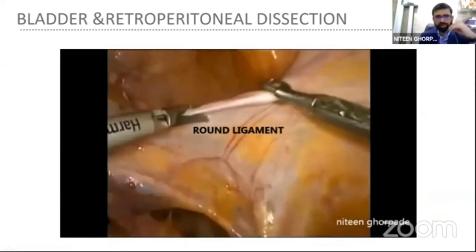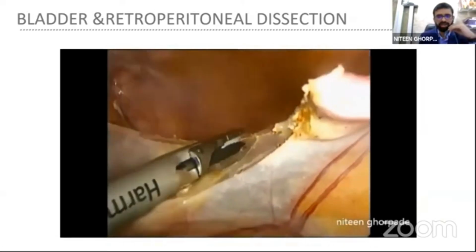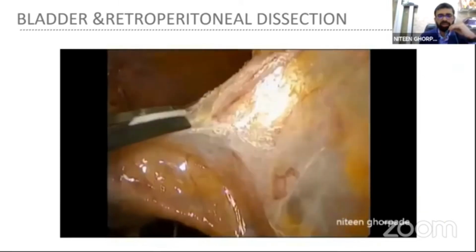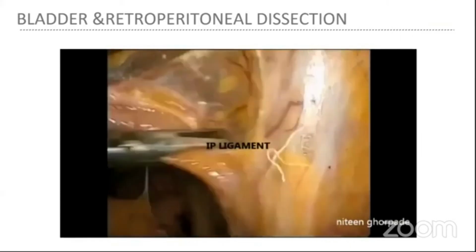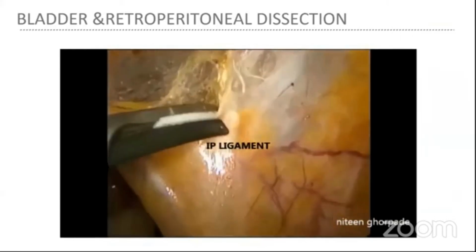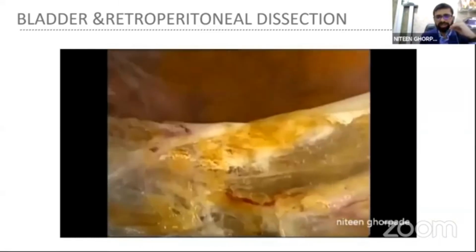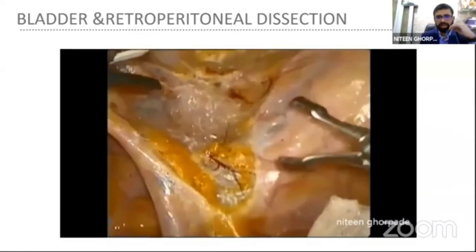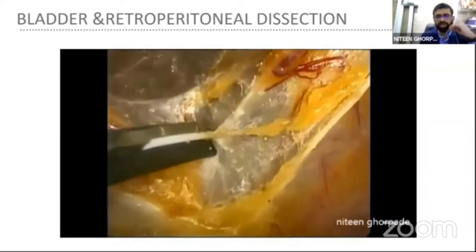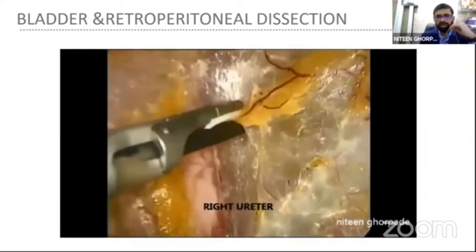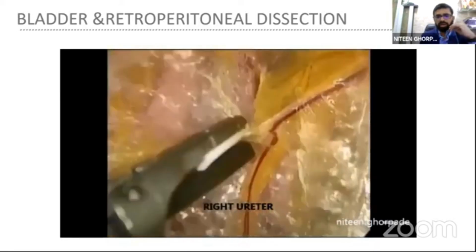So this is a round ligament. We cut the round ligament, extended our incision anteriorly, and worked posteriorly parallel to the IP ligament, till the psoas muscle is exposed. So this is our principle, layer by layer dissection. And this is the crystal white background, which is helpful to identify structures one layer below. And we are cutting around the internal iliac artery and the obliterated umbilical ligament.